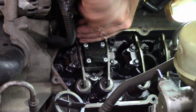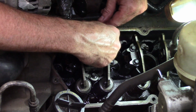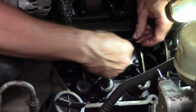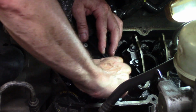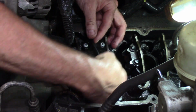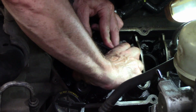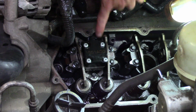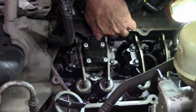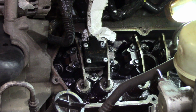Now I have also removed the glow plugs and have purchased new glow plugs to put in the truck. And the reason I've removed them is when I get all these injectors in and tightened up, I will go back through probably twice and recheck the torque on them. And then the glow plug goes right down in this space here. I'm going to take a rag and stick a rag like that in each injector over the glow plug hole,